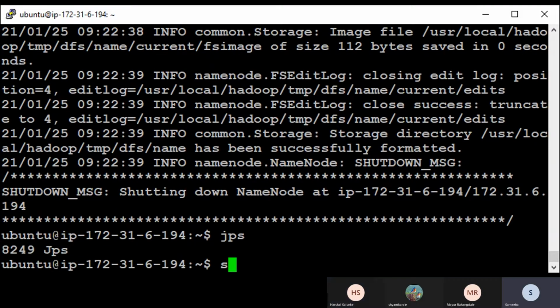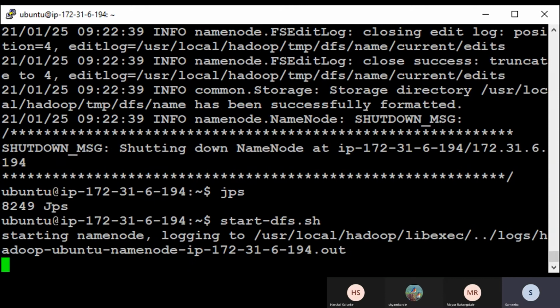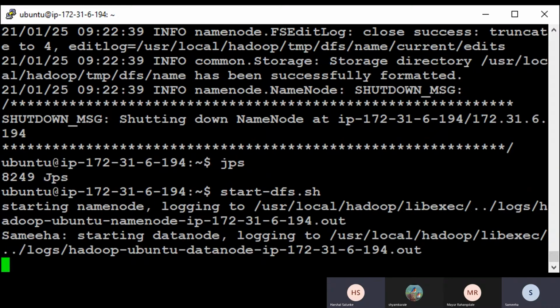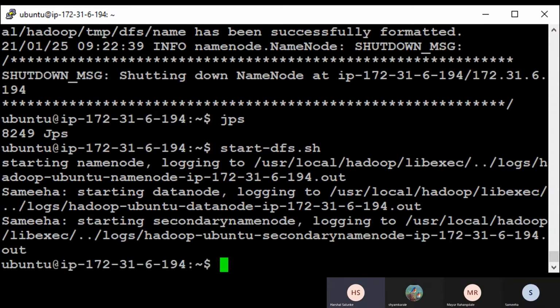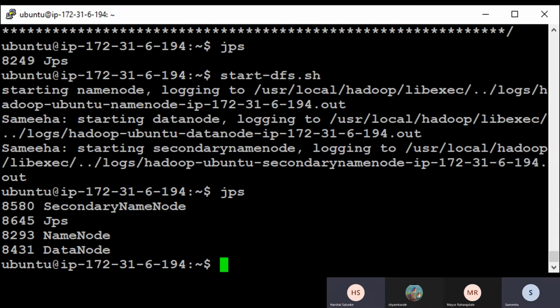I think it is just for the configuration. Everything should be configured. We restart our machines after configuration, similarly we are restarting the name node. Name node and data node have started.